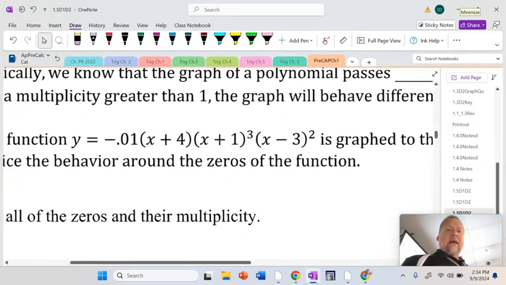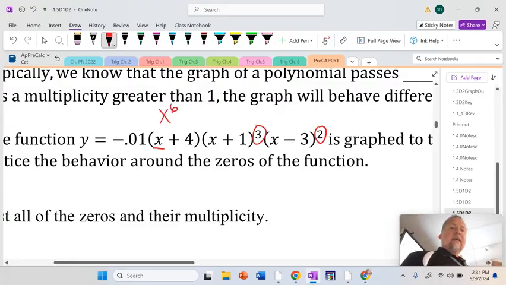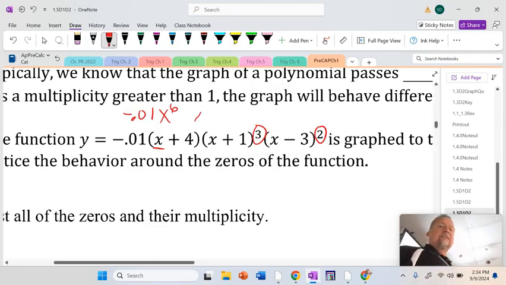This is an x cubed times a squared times an x. So this is an x to the 6th, and the leading coefficient would be negative 0.01. So polynomial dance: x squared, x cubed, negative x cubed. I think I just switched those. No, I did not. Okay. Negative x to the 6th should have some sort of behavior in the middle, but definitely ends